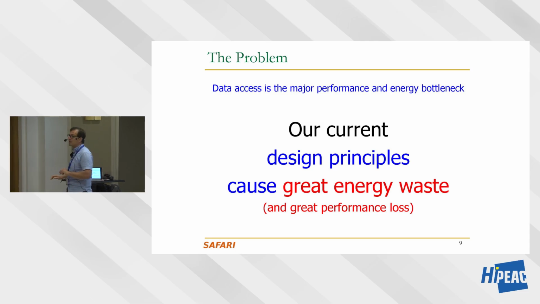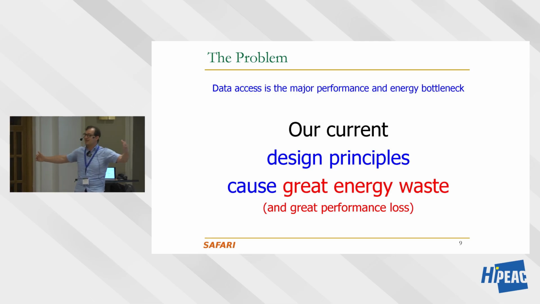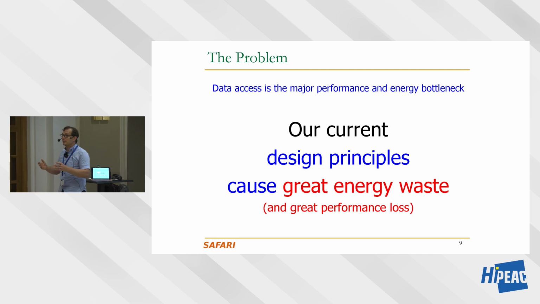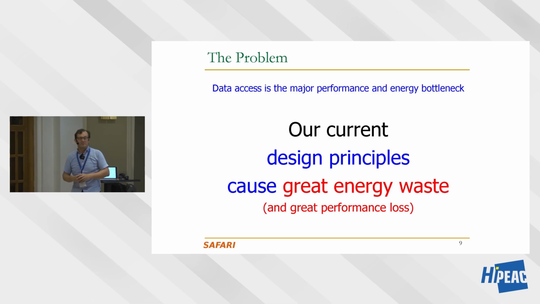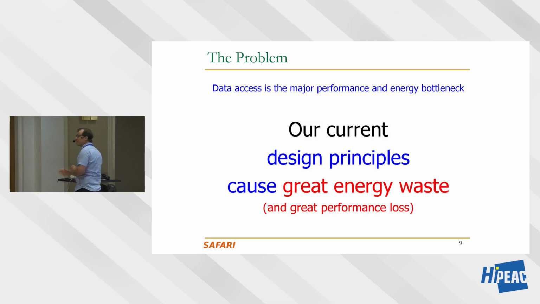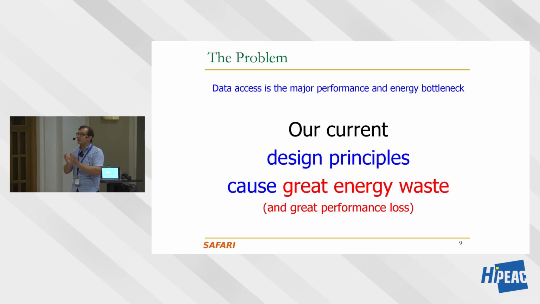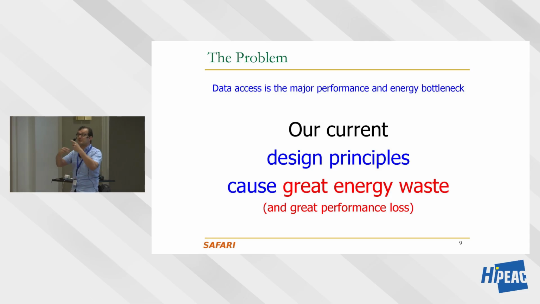We try to overcome that performance loss by complicating our systems. What do we do? We add huge cache hierarchies, as we've discussed yesterday. I'm going to show you a little bit more. What else do we do? We add a lot of multi-threading. What else do we do? We add a lot of prefetchers. My PhD thesis was an example of one of those prefetchers. What else do we do? I'm sure we do a lot more. But basically, we complicate out-of-order execution. Yeah, heavy out-of-order execution. The reason why we have very large instruction windows is to tolerate long memory latencies today. Because a cache miss takes a long time, so you need to keep processing instructions to overlap the latency of a cache miss. So our systems become a lot more complex.